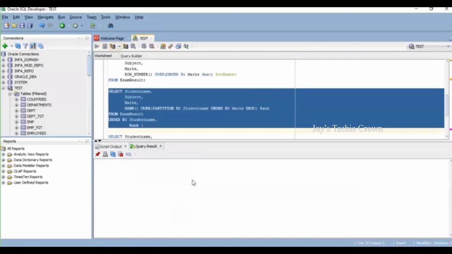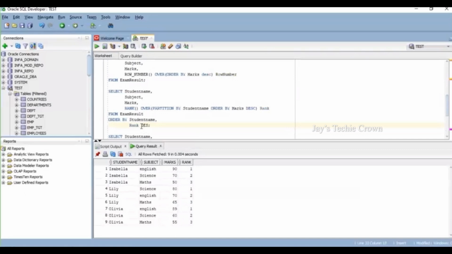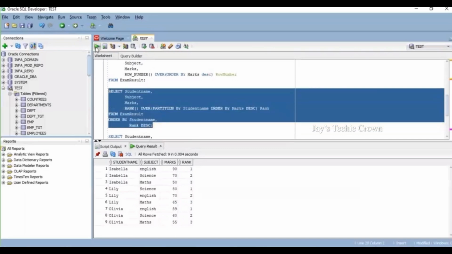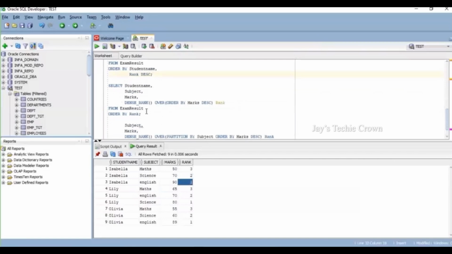See, anyway it is going to sort and give the rank, 90 as first rank. If I go with descending over here, it is going to show the same 90 as first rank, but in the reverse order. It shows 3, 2, 1. So this is how you want to display the rank, but here it is how you want to assign the rank. Now let's go on to the dense rank and run the query.